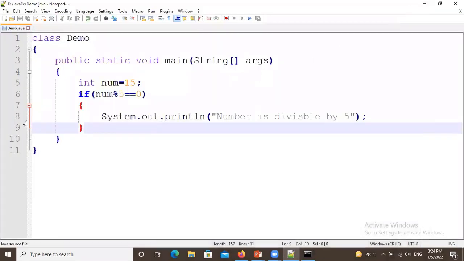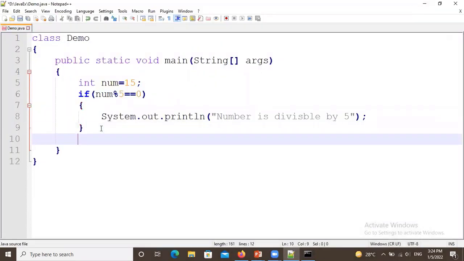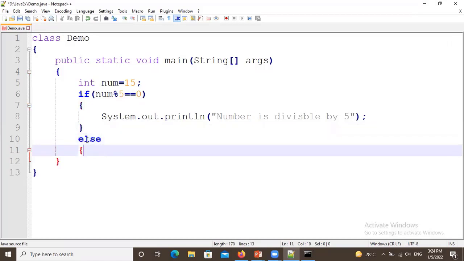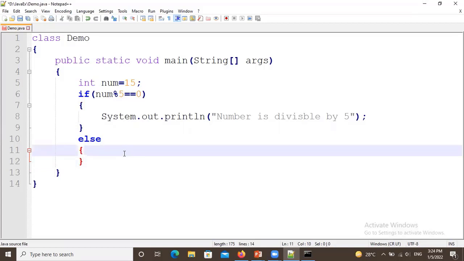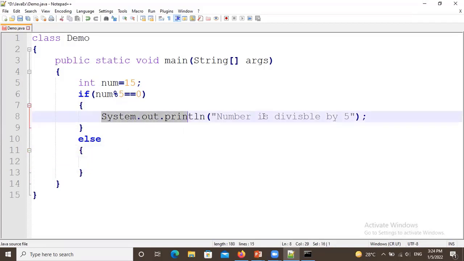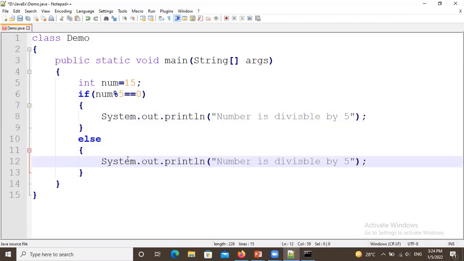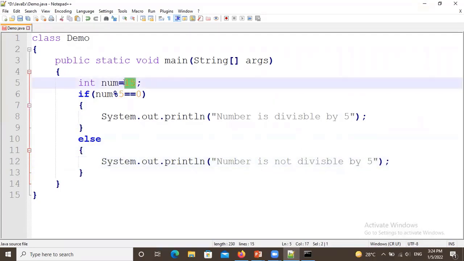Now the next example of the if else, the same program followed with the else. If the number is not divisible by 5, then there is a message that number is not divisible by 5. So let us change the number.